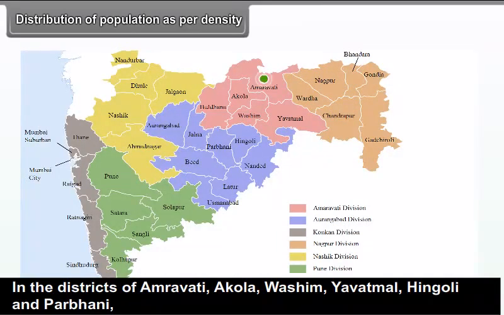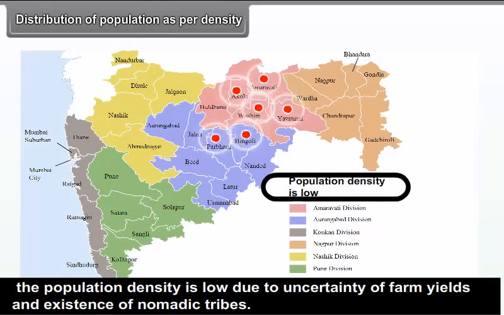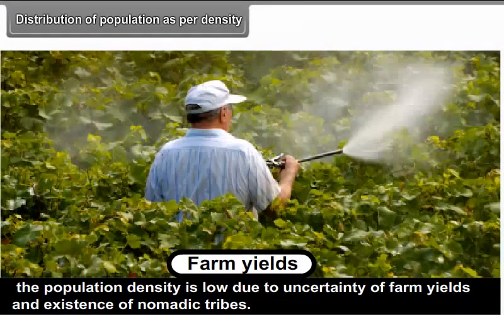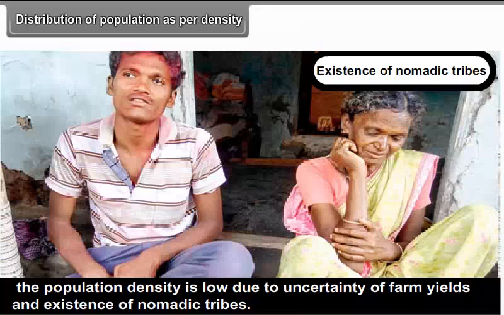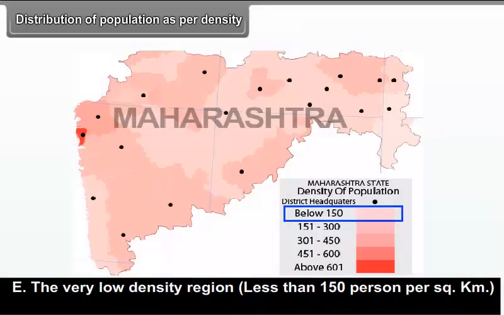In the districts of Amravati, Akola, Washim, Yavatmal, Hingoli and Parbhani, the population density is low due to uncertainty of farm yields and existence of nomadic tribes. E. The very low density region, less than 150 persons per